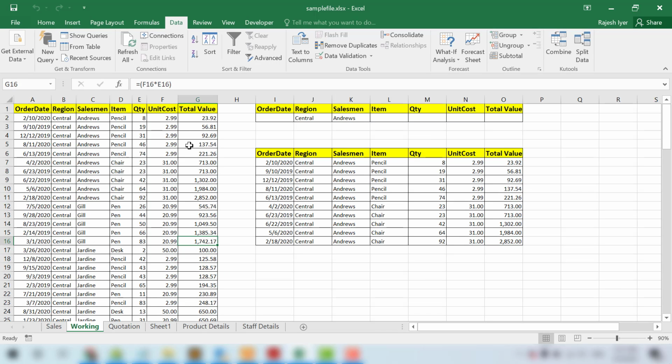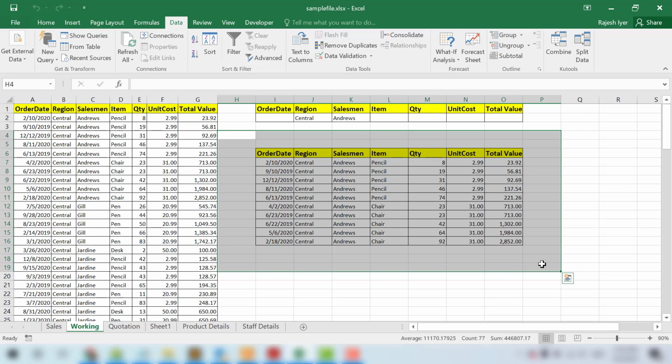We might have data which is full of formulas and stuff. So if we have to filter out the data, then it would become slower if we try to apply filter or sort and work on the data which already has formulas. So which is heavy data, so it might take time. So if you use advanced filtering, then this is going to help you in extracting the data out of it based on our criteria quickly. Okay, now let me clear this data and we will look into one more option.